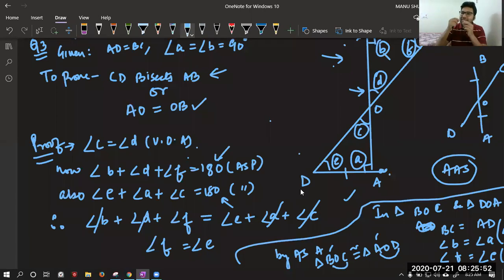In double AS, angle is coming, side is coming. In ASA, angle is coming, side is coming, angle is coming. The continuation is seen. Don't go like this. There are two angles and one side, they both are same. No, it is continuation. Angle, then side. It's like you are walking in a park. You met angle first, you met angle second, you met side. That is double AS. When you walk in the park, you meet angle, then side, then angle. It is angle, side, angle. That's it. This triangle is a park in which you are traveling. You have to see which one you are meeting, whether it is an angle or a side. I hope it is okay now, Moksha.